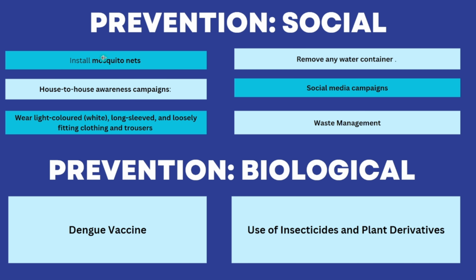One method is to install mosquito nets on your door and window, so that mosquitoes do not easily enter into your house. And also remove any water from containers, like flower pots, trays, buckets, jars, all that. You need to remove all that to prevent mosquitoes from laying eggs in the water. And then another one is house to house